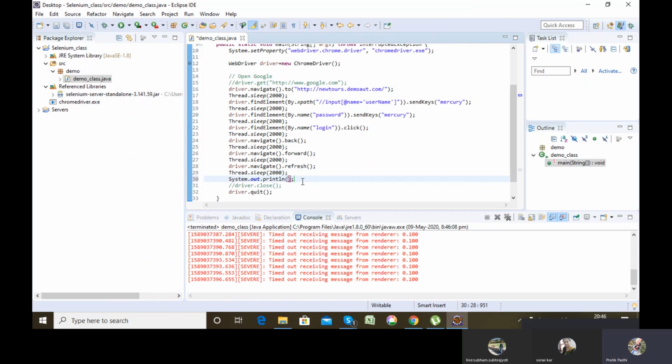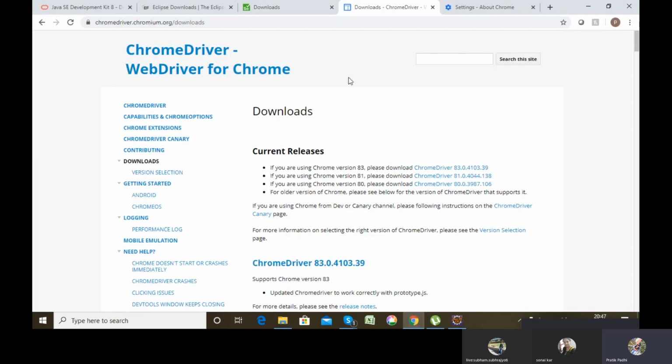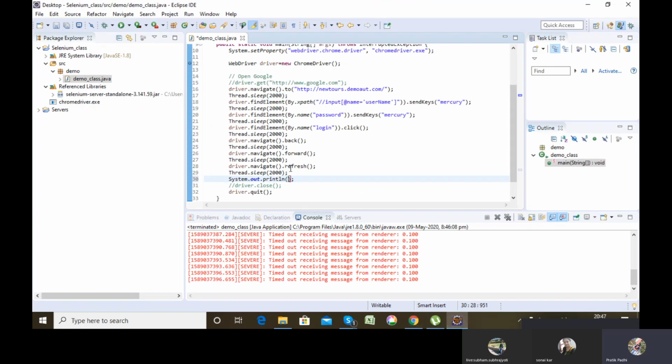If I want to print the title of the page, like once you open here, let's say for example this one, this is the URL of the page, but what is the title of the page? Title of the page is download Chrome driver, web driver from Chrome, which is shown here. This is the title of the page. So let's say I want to obtain the title of the page of the current page, like after login.